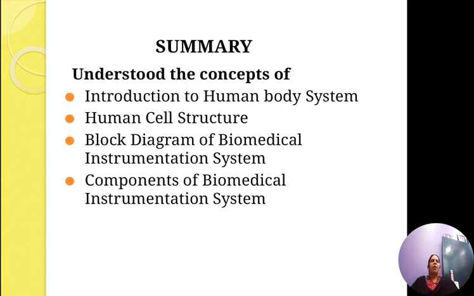So the primary purpose of biomedical instrumentation is to measure or determine the presence of some physical quantity that may in some way assist medical personnel to make better diagnosis and treatment. The four main functional components of any medical system are the measurand, the transducer, the signal conditioner, and the display system. The physical quantity or the condition that the instrumentation system measures is called the measurand.